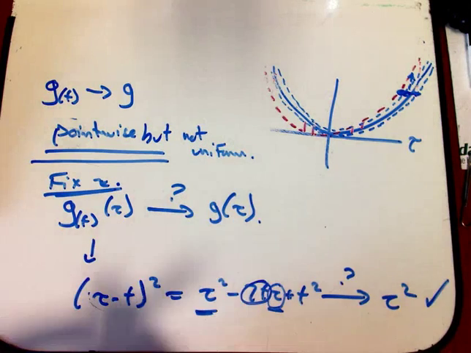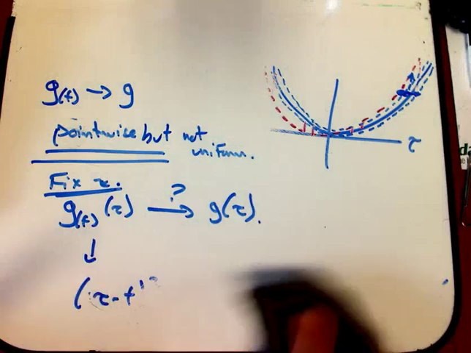And so if we hadn't really elucidated that distinction, we might be confused. Like, what could go wrong with tau squared? And I did a little algebra and it seemed to work, but it does not work uniformly. Okay, so